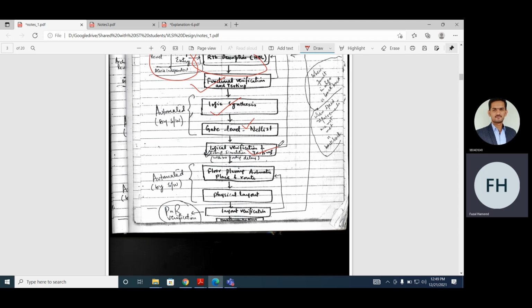Where to place which module? And then placement and routing. After placement is routing, and this is all automated by software. Once you have the placement layout, then you have layout verification. We also call it place and route verification.